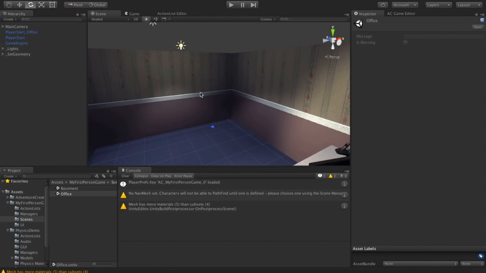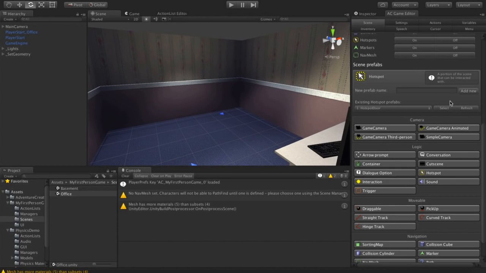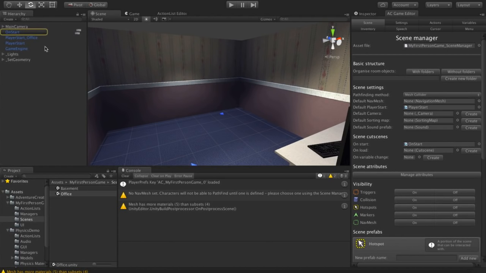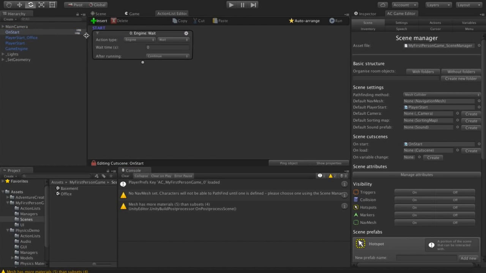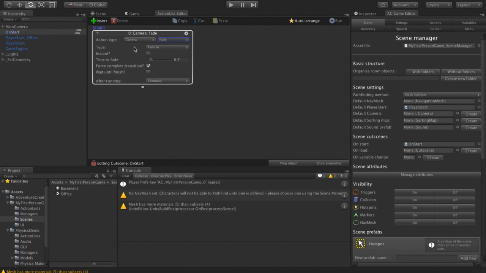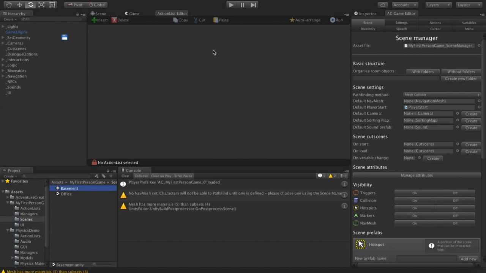So I've opened up our office scene, and up at the top of the scene manager, we have a list of scene cutscenes, and our on-start cutscene is going to run when we transition from any other scene. So I'll choose create, make a new on-start cutscene, and this is going to be a camera fade, a fade-in type of half a second that'll again wait until finish. So if I save that and go back to the basement,